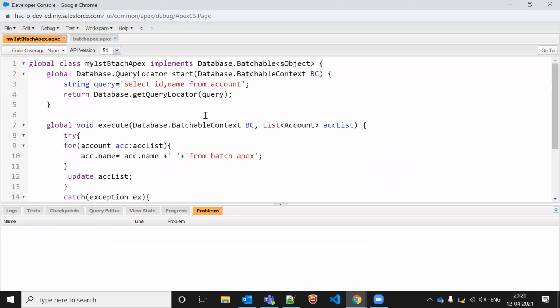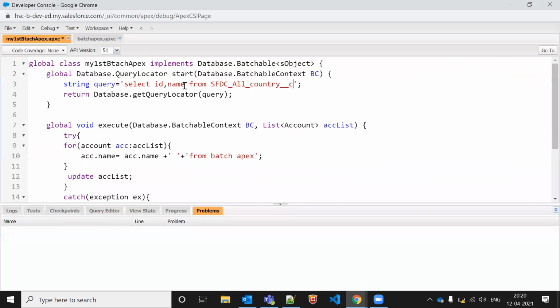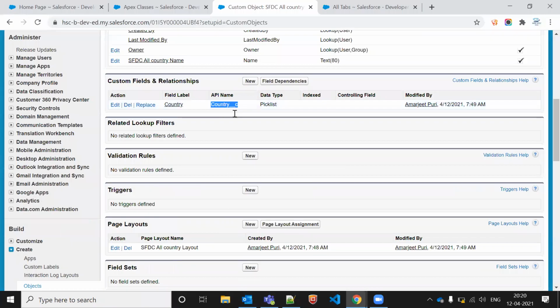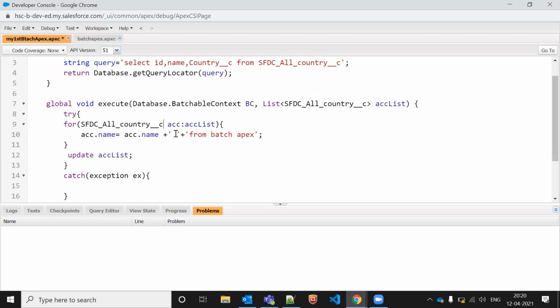Let me just copy the name, and it's a country. So we have country, and it can be BC.